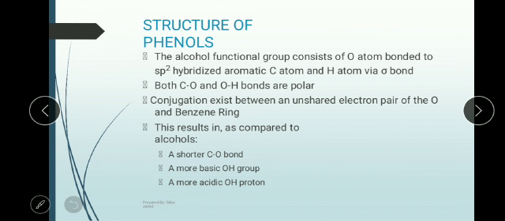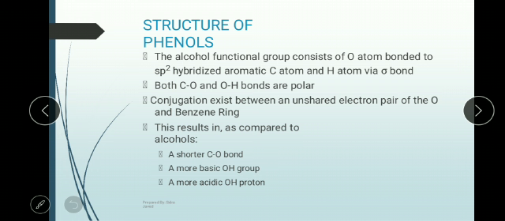Structure of phenol. I think everybody knows the structure of phenol. I already discussed it, but some points are related to the structure of phenol. As you know, phenol has a benzene ring which has 6 carbons, and all carbons are sp2 hybridized, and oxygen in the OH has 2 lone pairs, means it can share its lone pair with any other atom, and it can also be involved in the delocalization of electrons, because oxygen is also sp2 hybridized.